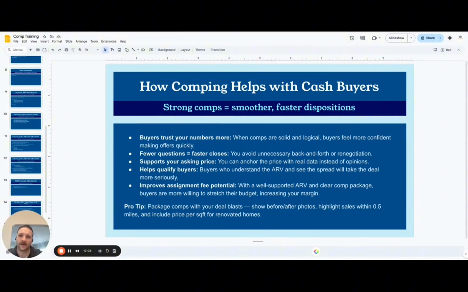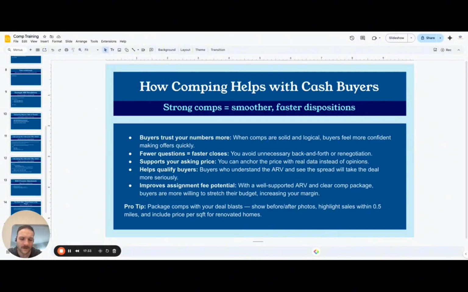When we talk to buyers, one of the things they always say is, you guys know what you're doing, right? You know how to comp. You're always accurate. You always price the deals correctly. A big part of that is we know the comps and we're accurate with those. So it allows us to build trust and rapport with buyers, but also to make better offers so that we know we're going to make money on the deal.